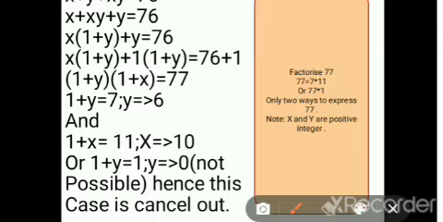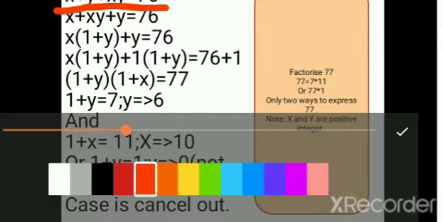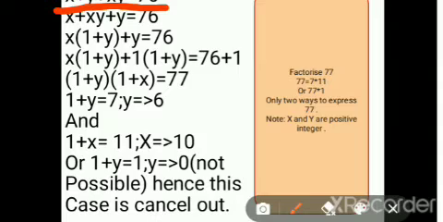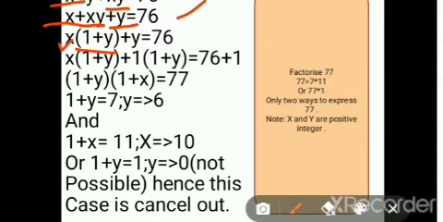As this equation is given to you, x plus y plus xy equal to 76, what to do here? We just have to factorize this equation. How to factorize? We will collect the terms of x, or you can collect the terms of y. You can proceed by any one. So I just collect x plus xy here, and plus y equal to 76. Then we take x common here. I will get x times 1 plus y, and the left value y is equal to 76.